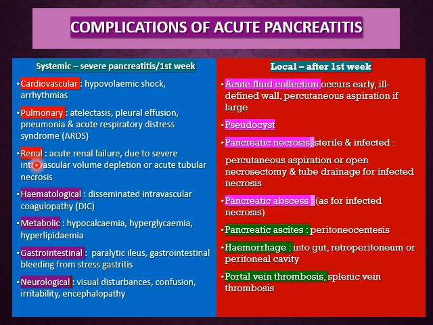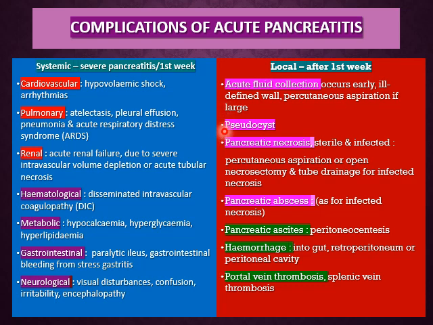Renal problems, acute renal failure, hematological problems like disseminated intravascular coagulopathy or DIC, metabolic problems, hypocalcemia, hyperlipidemia, gastrointestinal paralytic ileus and GI bleeding from stress gastritis, and neurological problems where the patient develops visual disturbances, confusion, irritability, and encephalopathy in severe forms. The local complications include acute fluid collection, which may require percutaneous aspiration if the collection is large,